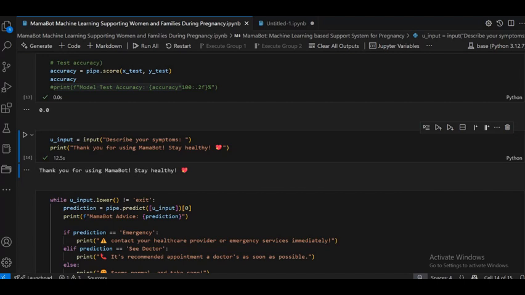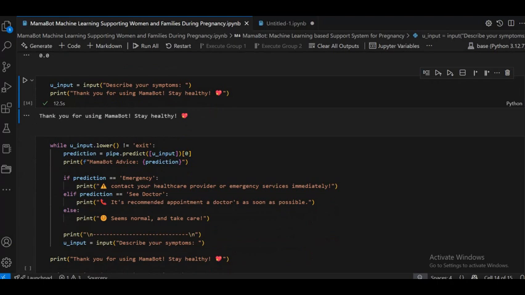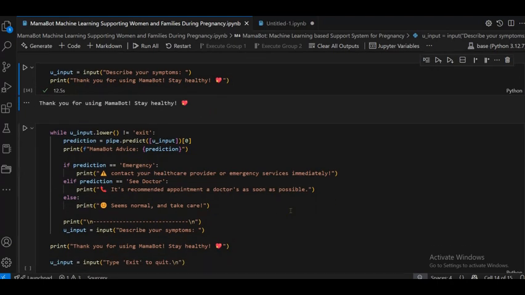The next one is I have created the loop: while user_input.lower not equal to exit. It means if you want to exit this loop or any query, you will have to type exit.